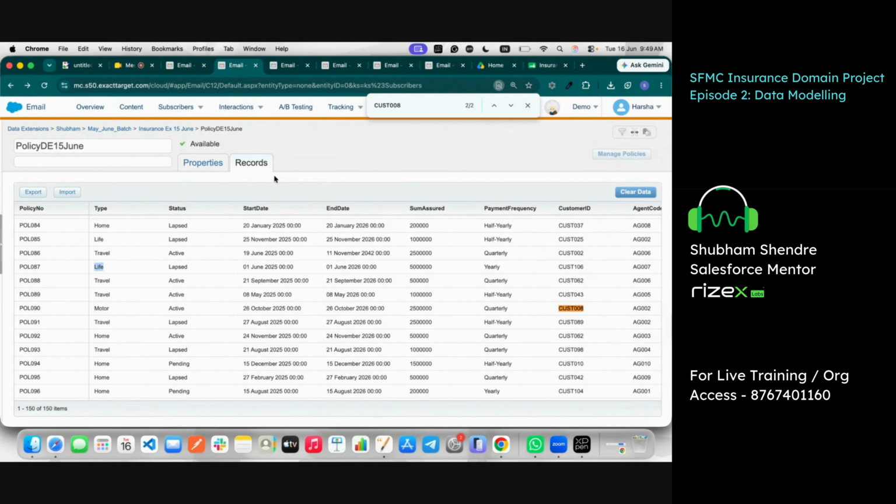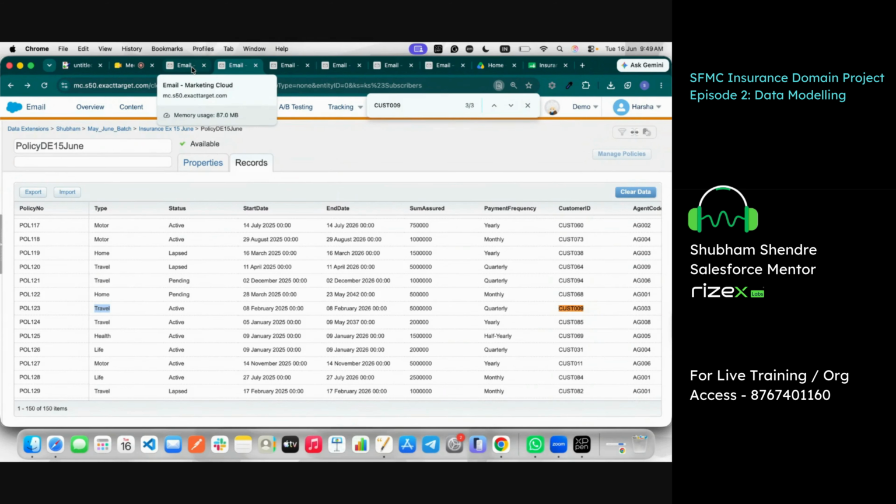These are requirements. For example, we have the customer 009. Customer 009 has life insurance with us, and then travel insurance, and again travel insurance with us. Pitch them the motor insurance or another insurance variant. This is our third requirement, and the fourth requirement is